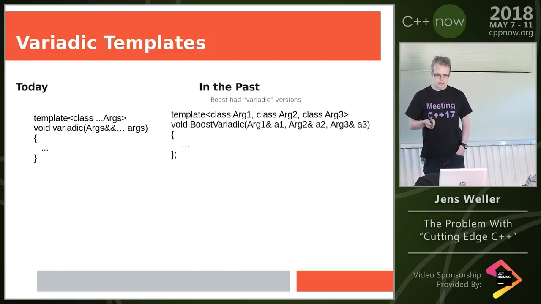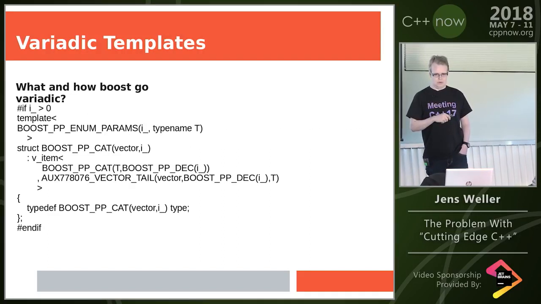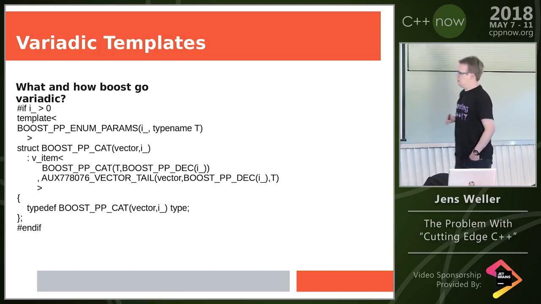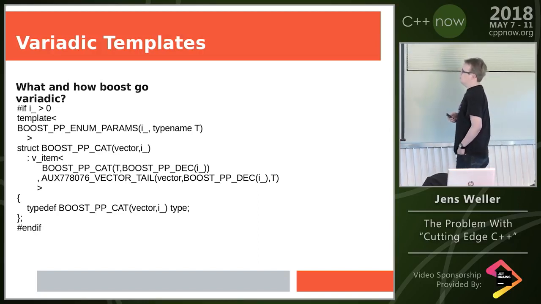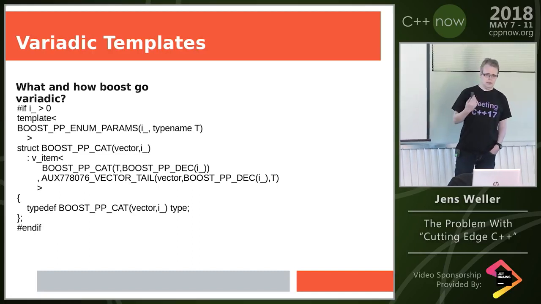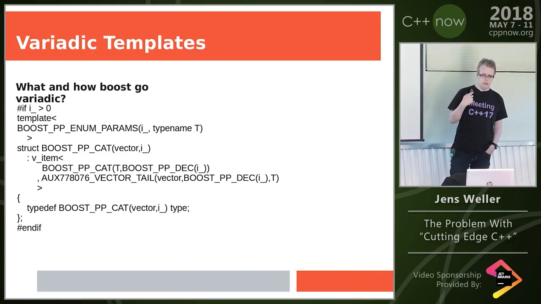And the big question is, how did they do that? So this is how MPL does it. But neither MPL nor Boost provides any service which makes this available as a library, like variadic templates, Boost variadic templates. It was never a thing, every library does it on their own, and